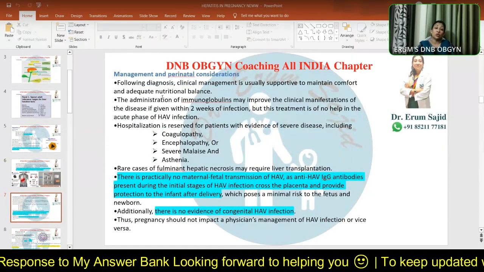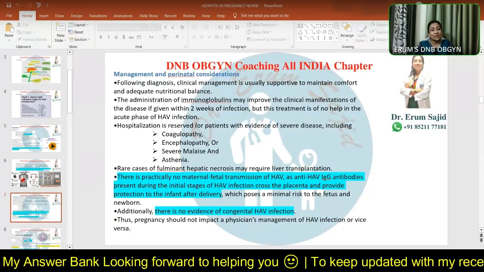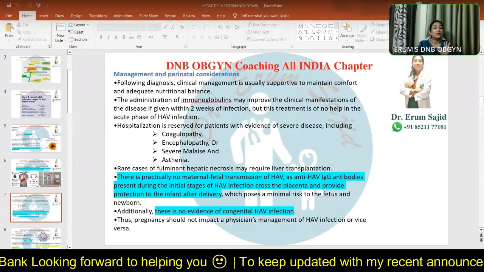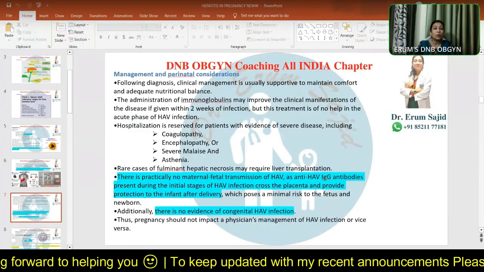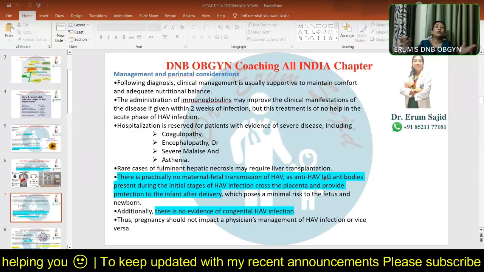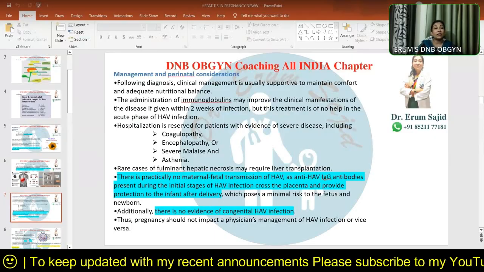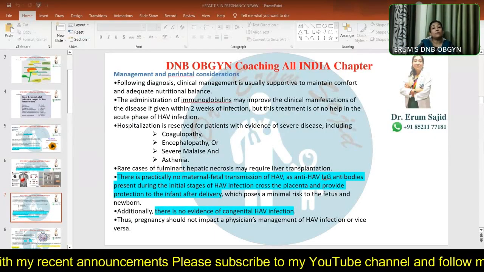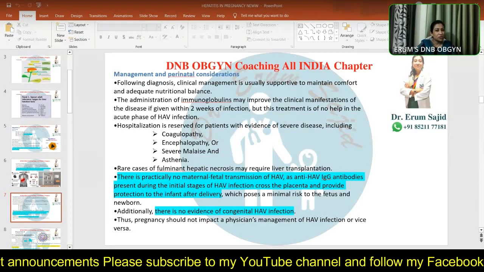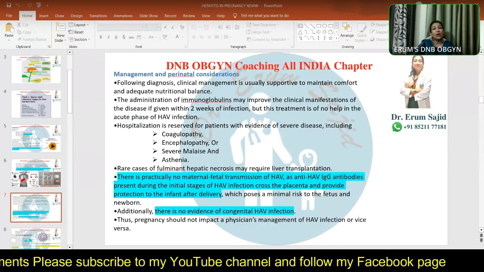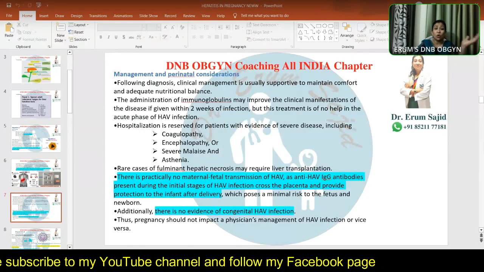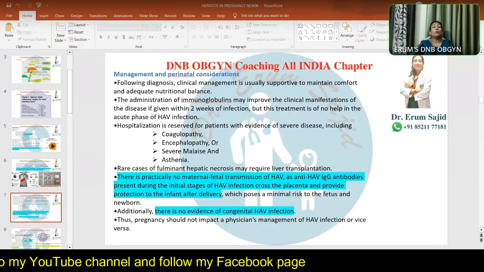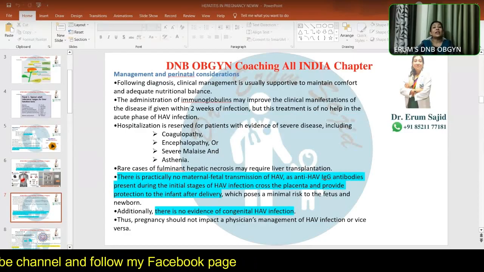Let's come to its management. So obviously, one good thing about all viral diseases is that you don't have to remember the management, because there actually isn't any. Even if you try to remember dosages or names or anything, none of them has been proven successful, except for a couple of factors in hepatitis C virus to a certain extent, but not in hepatitis A or B or any other virus. And so many viruses we studied in the last class. I hope you all were there in my class last time when I spoke to you regarding rubella and CMV and herpes and herpes zoster.